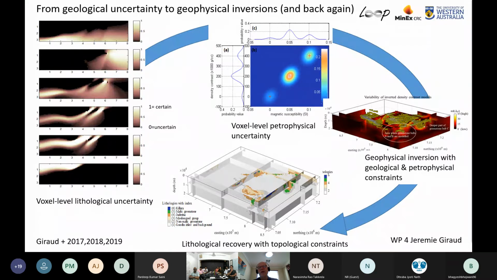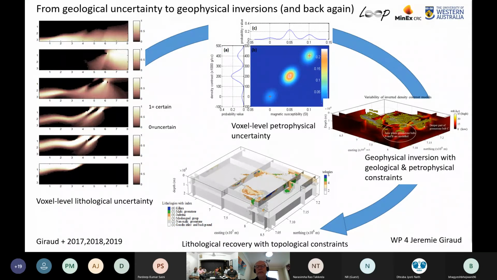So we have petrophysical measurements, but they're uncertain. This is an image of susceptibility versus density, and we can see that there's a probability density function for each of those. And he combined those with the gravity and magnetic observations in such a way that he could use the petrophysical, the geology probability density function, as constraints on the geophysical inversion, and then, which is what gets us to the reddish sort of model on the right-hand side, which is giving us predictions